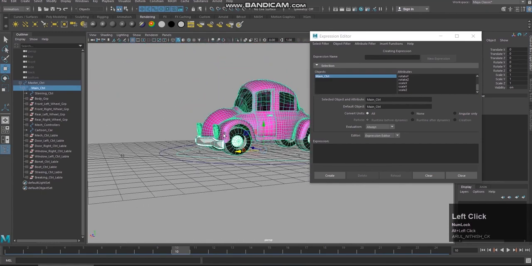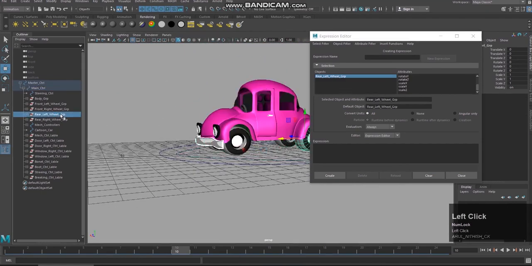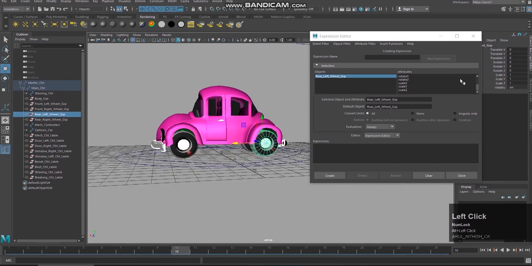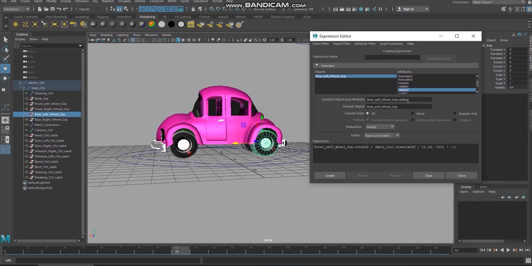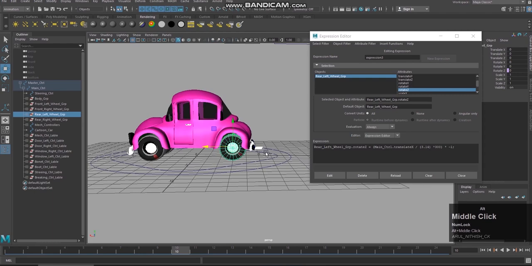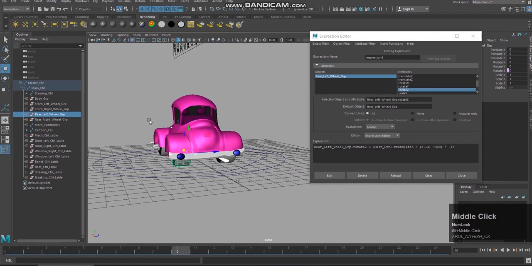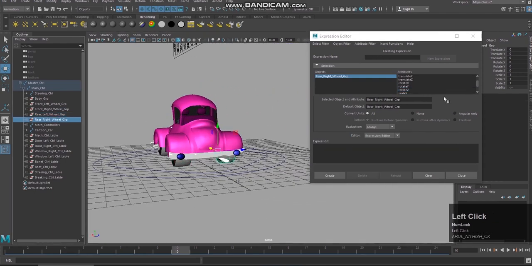Now I'm going to select the rear left wheel group, rotate Z. I'm going to paste it. I'm just going to simply copy this attribute and paste it here. I'm going to create and select the rear right wheel group.